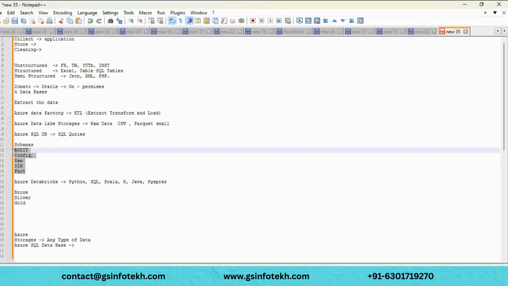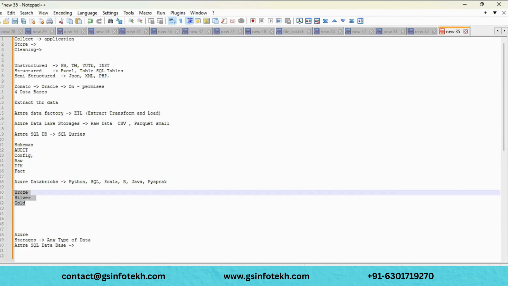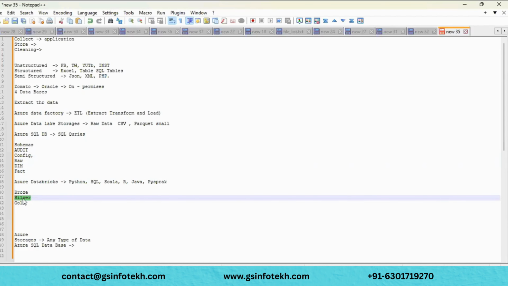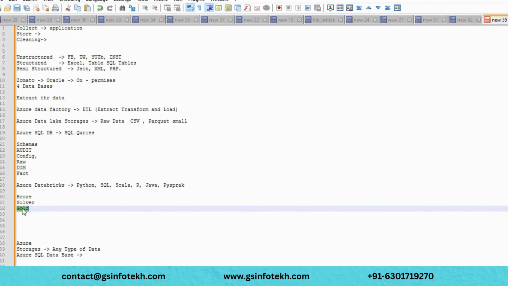Like this we can create different schemas, and in each schema we will create the required tables, and we will perform some transformation with the help of SQL queries. For that we'll use stored procedures for automation purposes, and they will perform the transformations, and we will load it into the final target table. Here also we perform similar kind of transformation: bronze has the raw data, silver has cleaner data, and gold has aggregated data, where the final business logic is applied on top of this data.